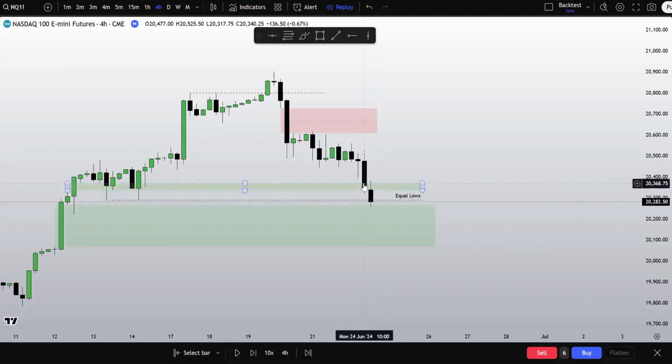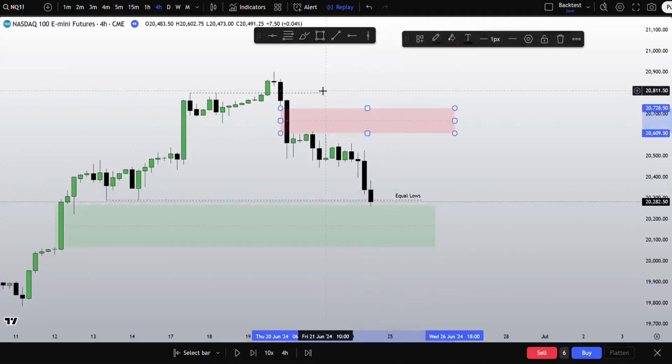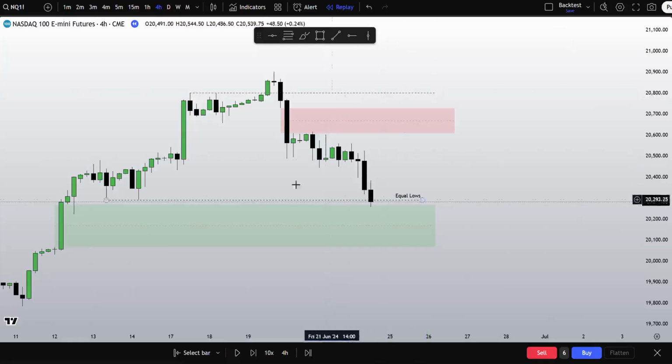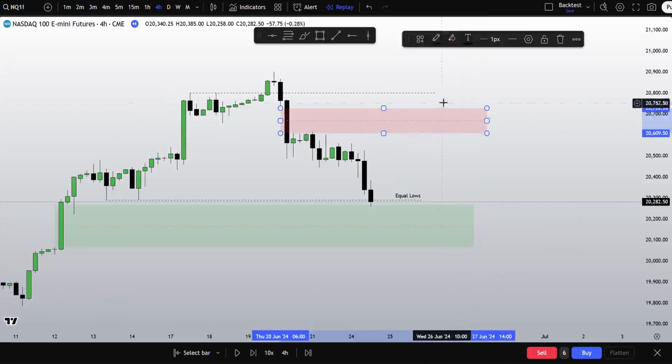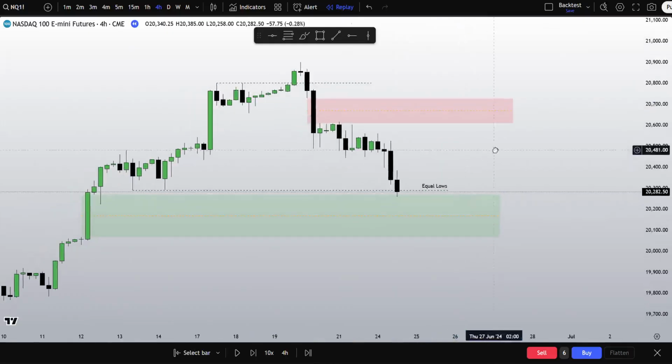So what do we get? The imbalance gets tapped into, disrespected, and we go to those equal lows. Again, just context. So now what are we doing? We took these equal lows. We have a bullish PD array right here. If we respect it, my eyes are back at this bearish imbalance right here. This imbalance right here at 26.09.